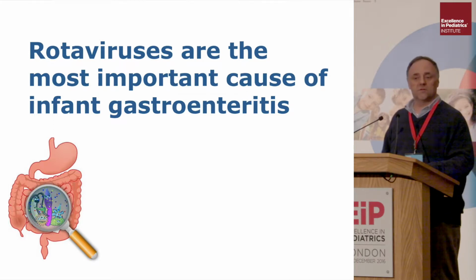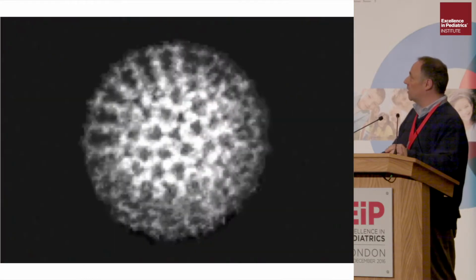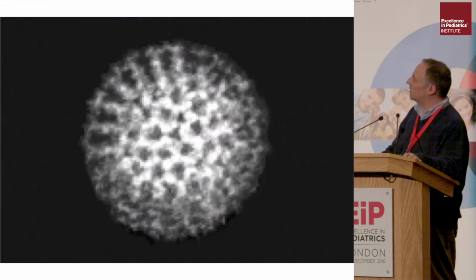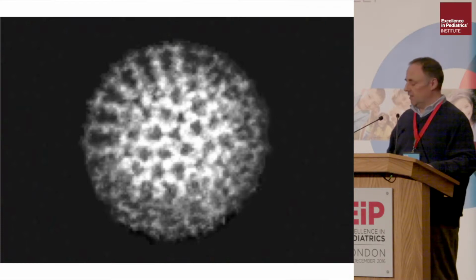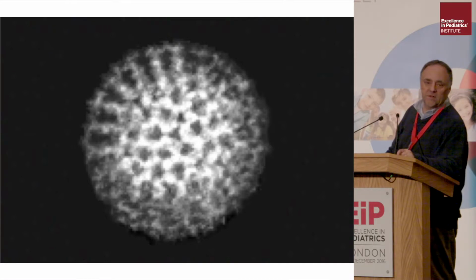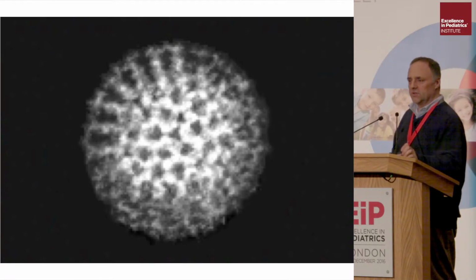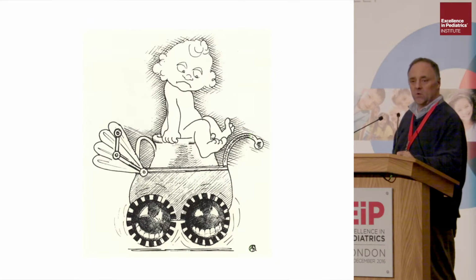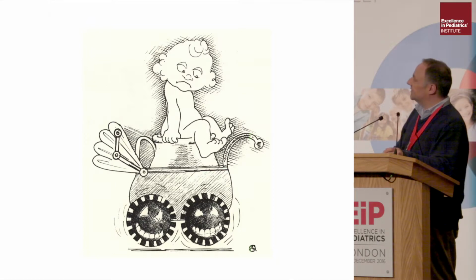Rotaviruses are the most important cause of infant gastroenteritis. It took till 1973 before Ruth Bishop looked into the fecal material and the gut samples of children with diarrhea. And what she found, under the electron microscope with collaborators, was this quite typical viral organism, the rotavirus. They call it rotavirus because, if you have a little bit of fantasy, the periphery of the viral particle looks a little bit like the spokes in a wheel, and henceforth the name rota, in Latin, wheel, for this organism.